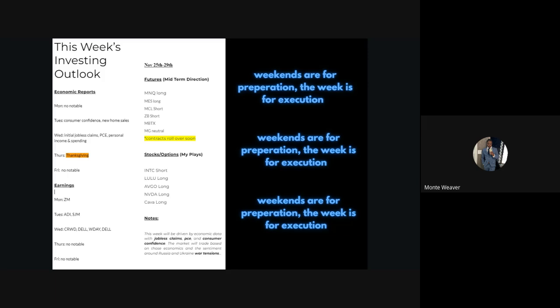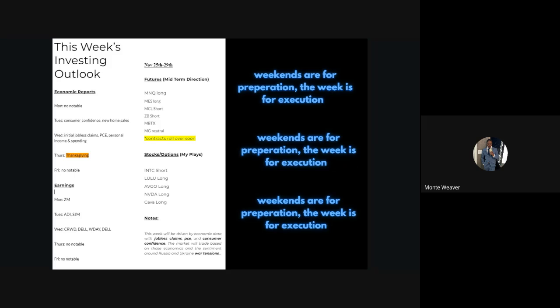Earnings, we have Zoom on Monday, ADI on Tuesday, and J.M. Smucker as well. CrowdStrike, a lot of y'all. So if you are in that CrowdStrike play, you definitely need to be paying attention, right? If you take a trade or a position on CrowdStrike or any stock, you need to know the news or something that's coming up around it. You actually have to do the research and know what can cause a stock to go up or down.